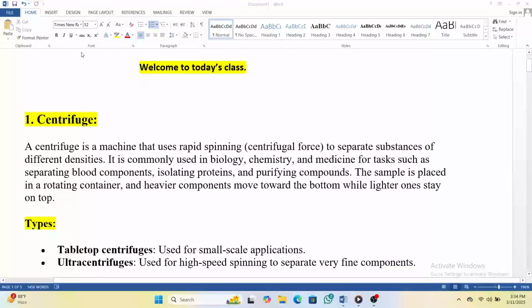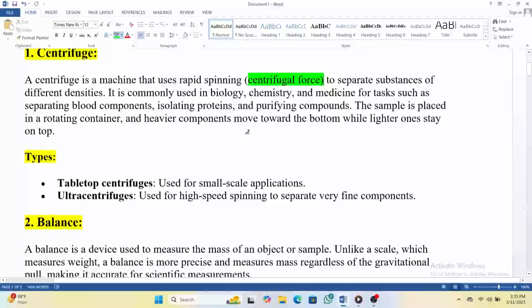1. Centrifuge. A centrifuge is a machine that uses rapid spinning, centrifugal force, to separate substances of different densities. It is commonly used in biology, chemistry, and medicine for tasks such as separating blood components, isolating proteins, and purifying compounds. The sample is placed in a rotating container, and heavier components move toward the bottom while lighter ones stay